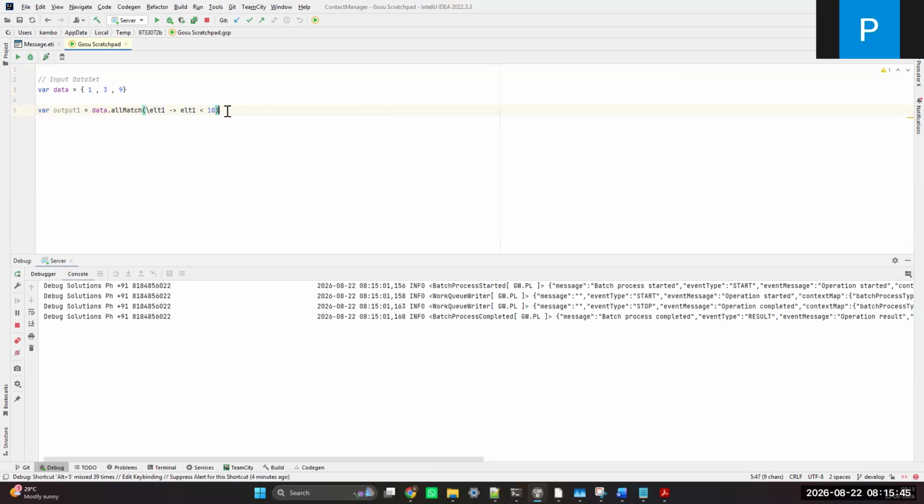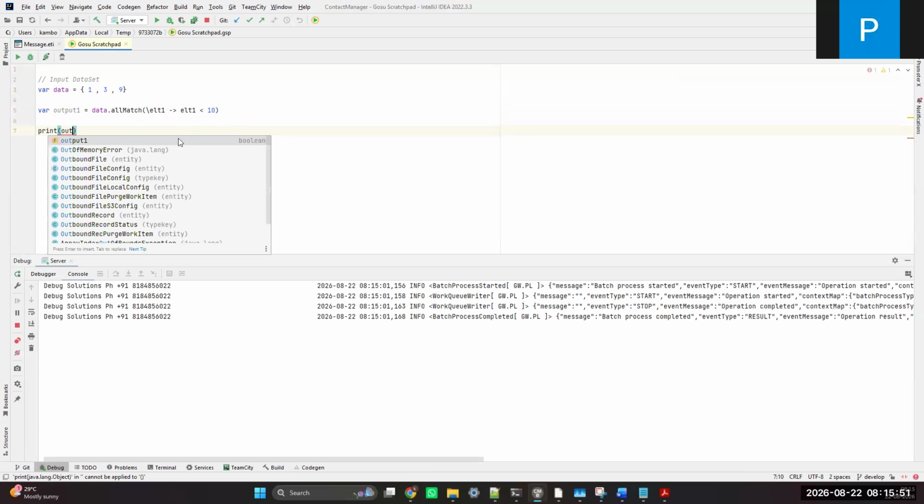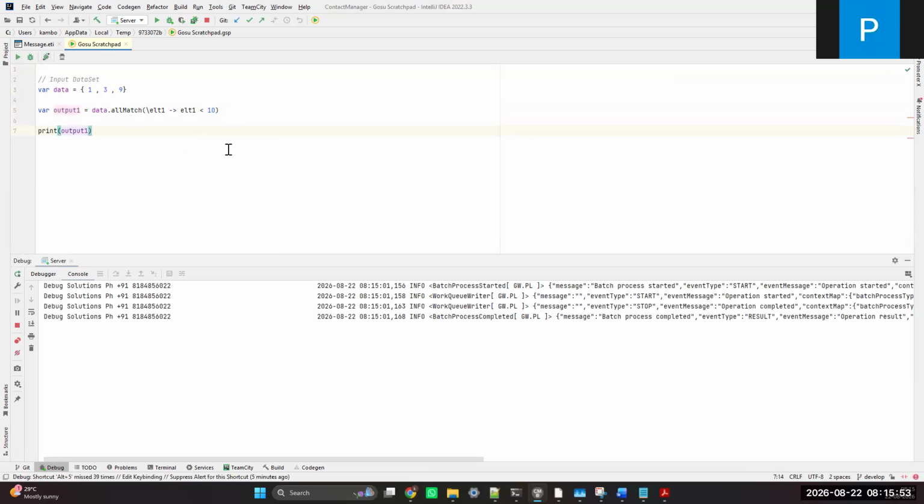Okay. So now let's try to execute this. So I'll just make it as print output 1. Let's try to execute. Okay. So what happened in the background is when this specific line of code is getting executed, this specific